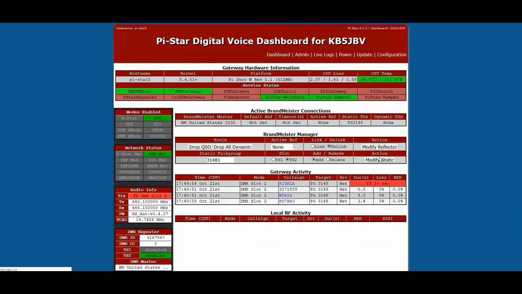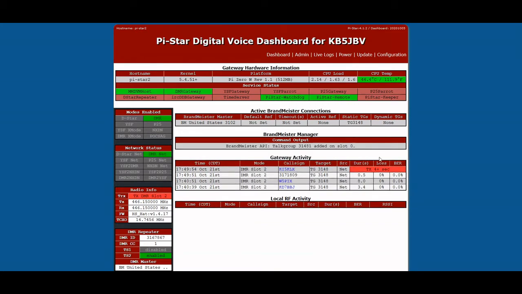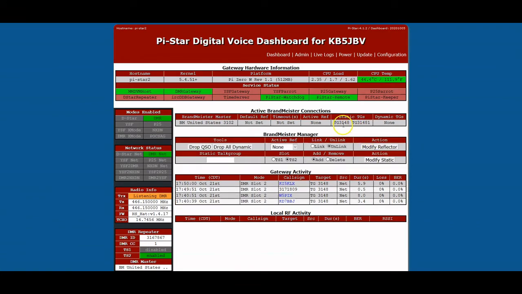And if you watch up there where it says 3148, once it gets past this screen, voila. Now we have 3148, we have 31481. Now, just to make sure, we're going to do one more. And that's going to be 31656. Talk group 31656. I believe that is America Link, which is tied into not only DMR, but YSF and a couple other services. So one more time, we're going to hit Modify Static,